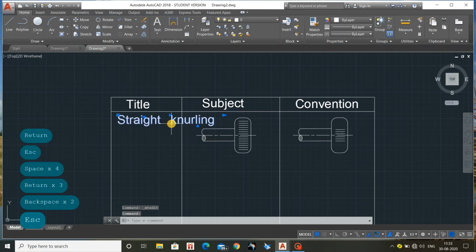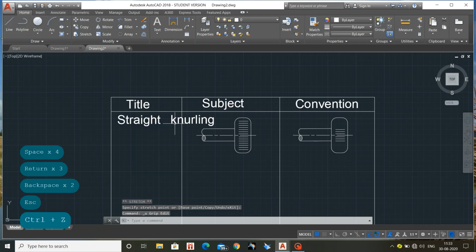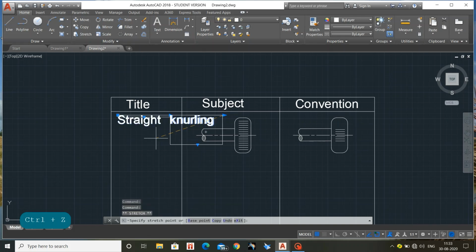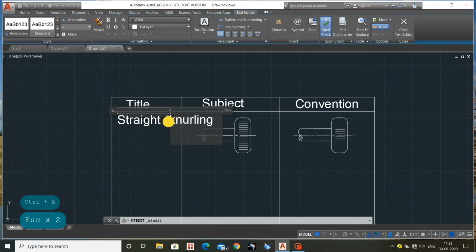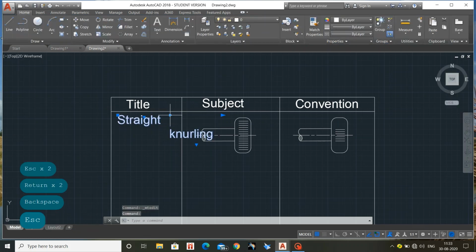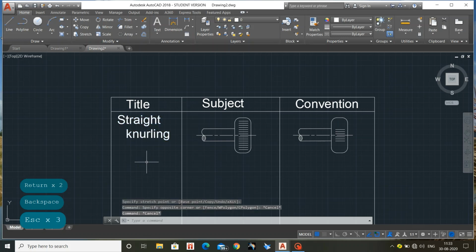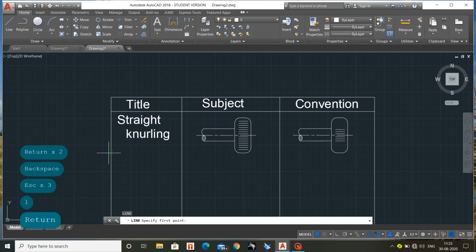So okay, straight knurling. Yeah, I can move this, but yeah, straight. Okay, straight knurling. Yes, now separating this from the other one, I'm drawing a line.